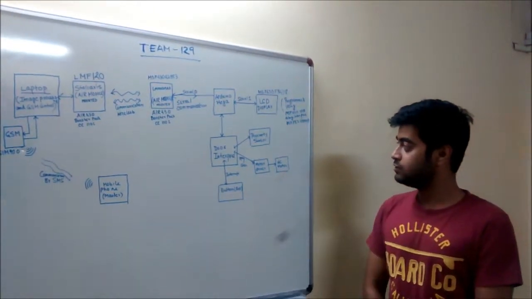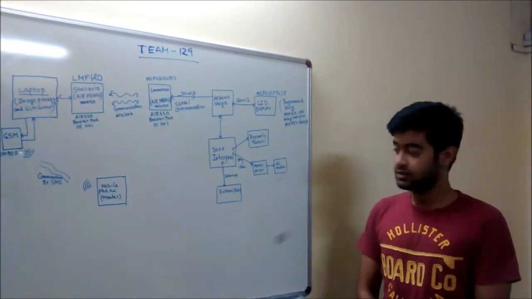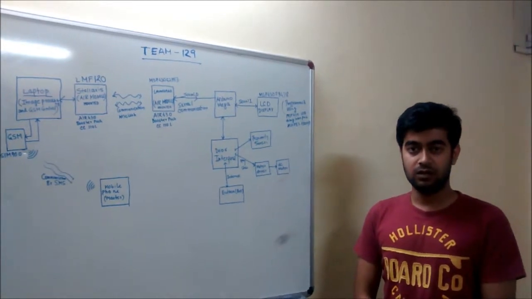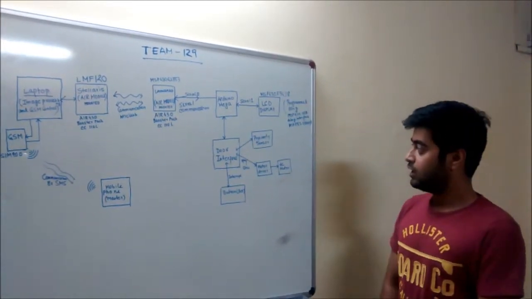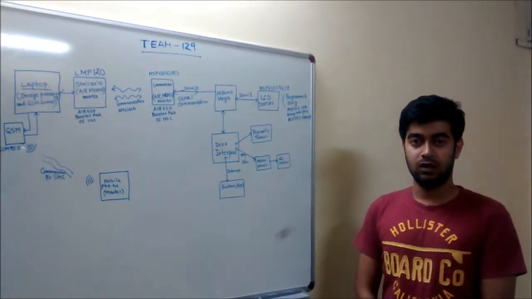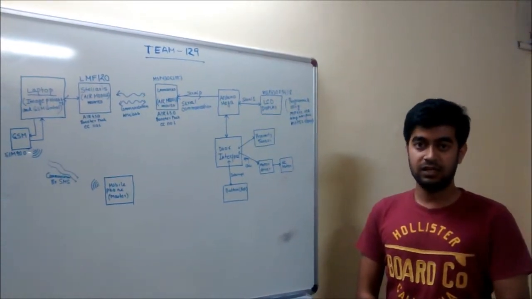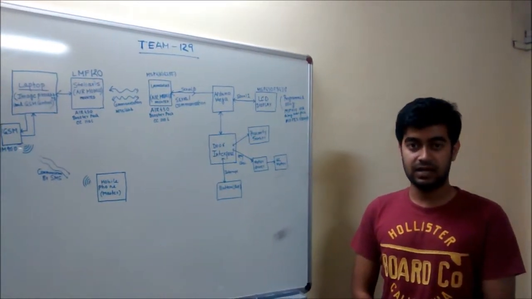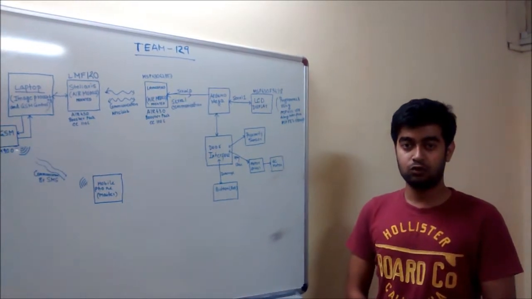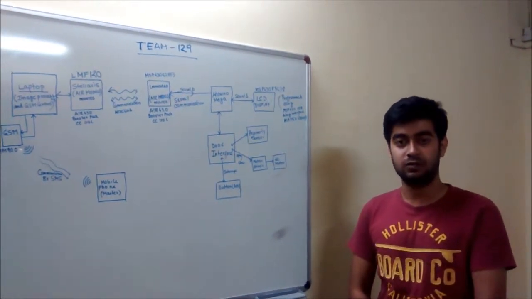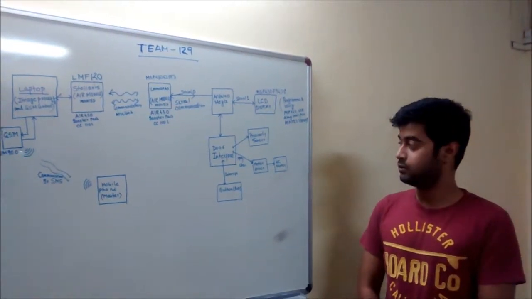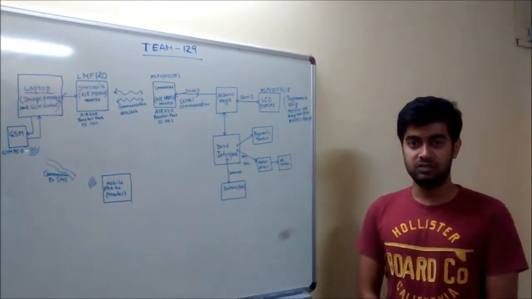Now the door interface consists of the proximity sensors, the motor drivers, and the button, which can be thought of as a bell for visitors to let the master know that they have arrived. The proximity sensors are mounted on the door and let the system know whether the door is closed or open. They also detect whether a person is standing in front of the door while it is closing, so that no harm comes to the person. The proximity sensors will detect the person and the door will slide back, allowing the person to remove himself from the threshold. The motor driver drives a DC motor, which is responsible for closing and opening the door.